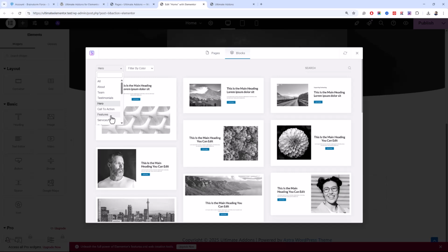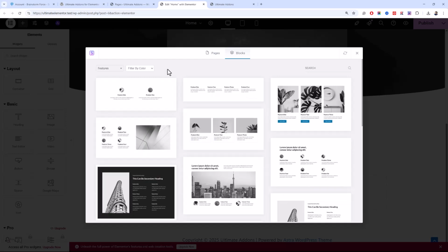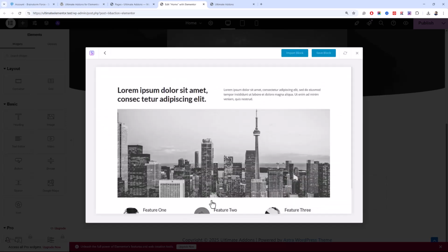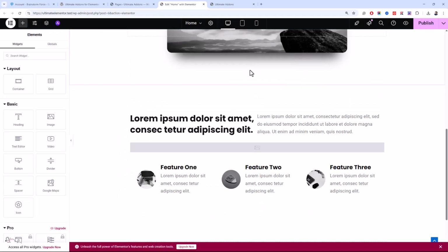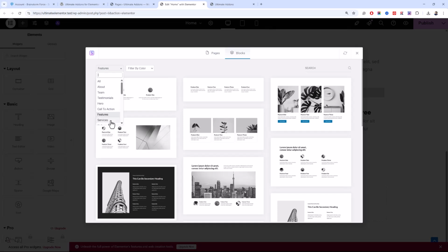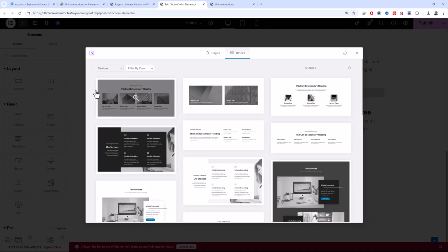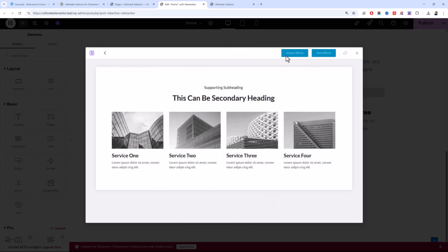After hero section, we normally have a feature section, and then we usually see services section.